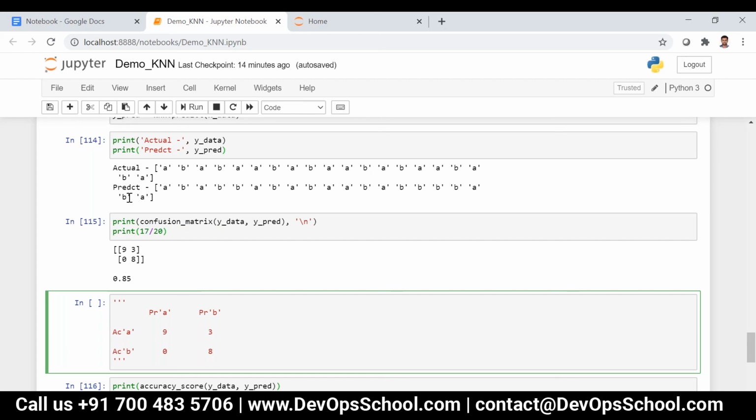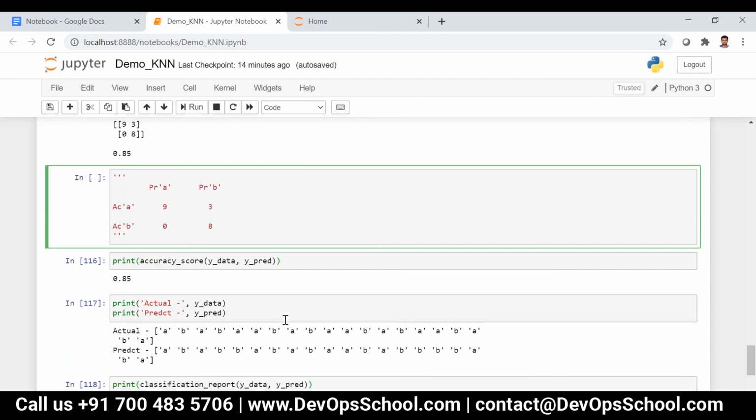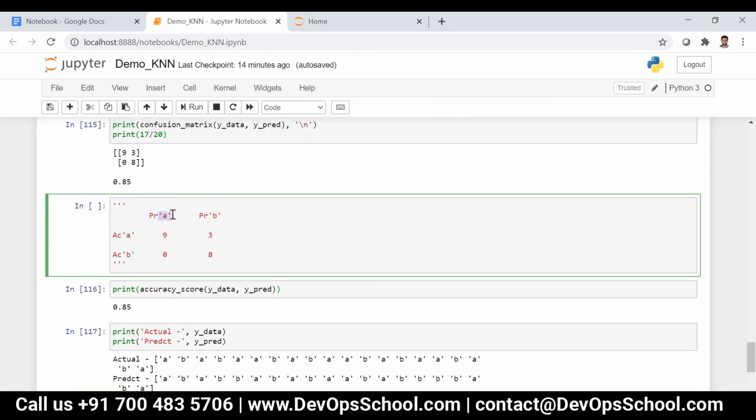So if you want to calculate precision, we need to say that A is taken as negative and B is taken as positive. So this is 0 and this is 1. Remember yesterday we wanted to save this, right?